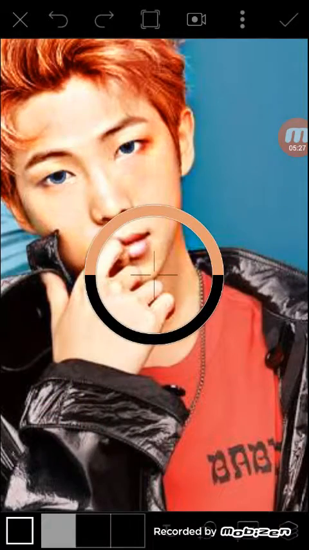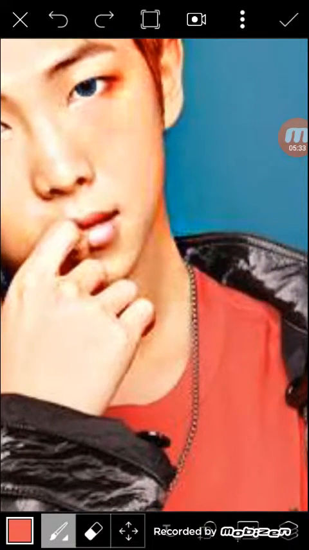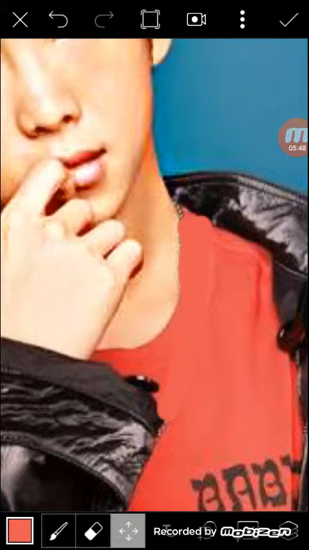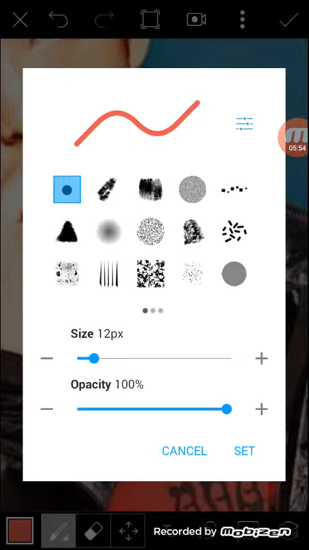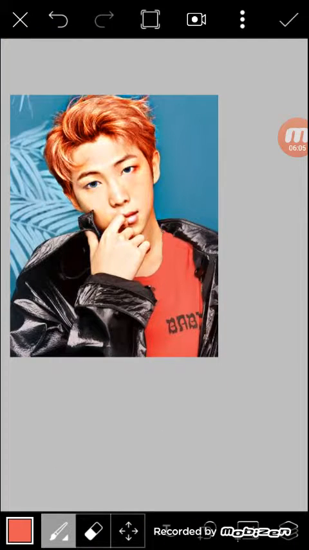We will go to this and then we will select the color. We can reduce its opacity also, and then we will use it some here, so this will almost be invisible. Then okay,